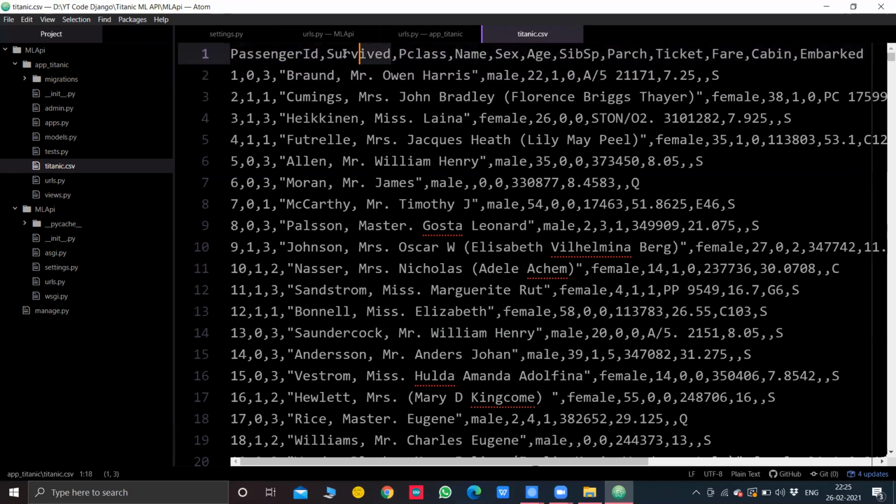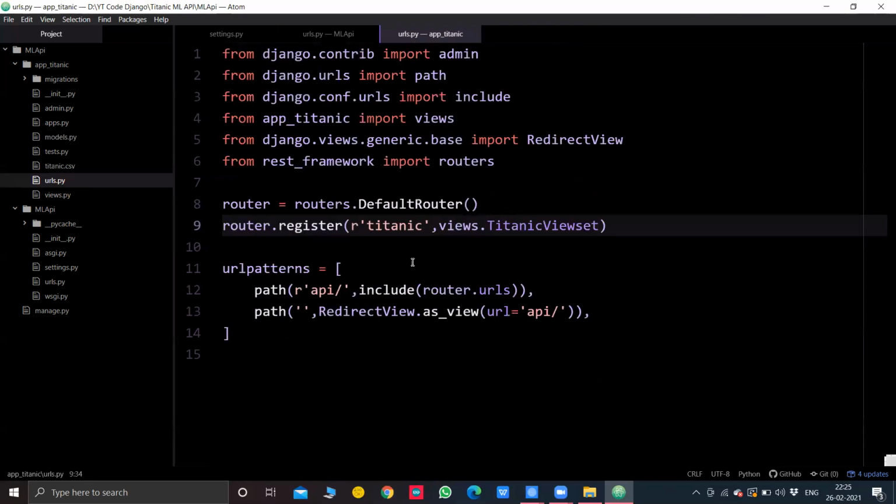We will drop the survived column, all the zeros and ones, in our machine learning code itself, and we'll just create a database table for the rest of these things. And actually we'll have to mention it inside the database table as well. So this will be a long task, because a big table needs to be formed, because there are 12 attributes.